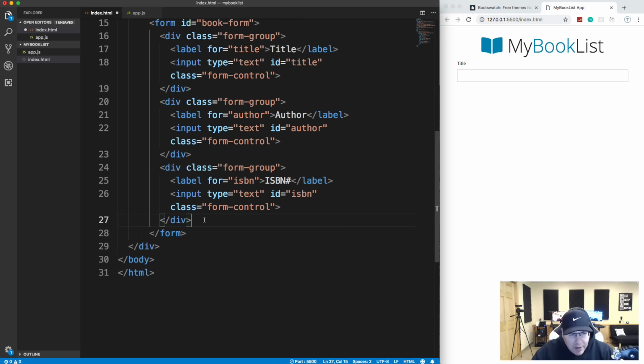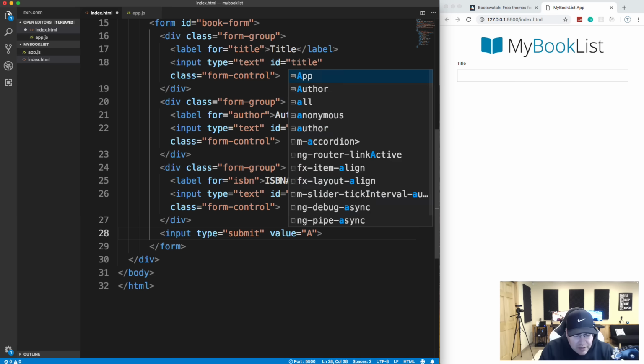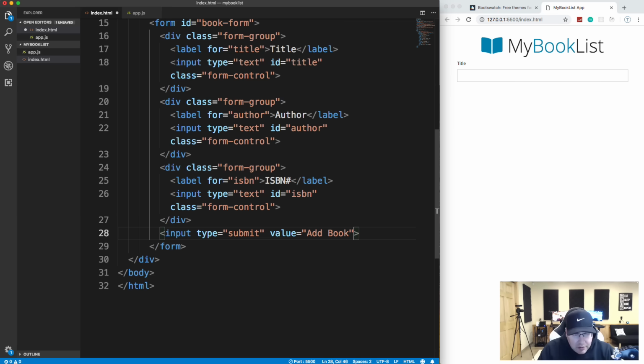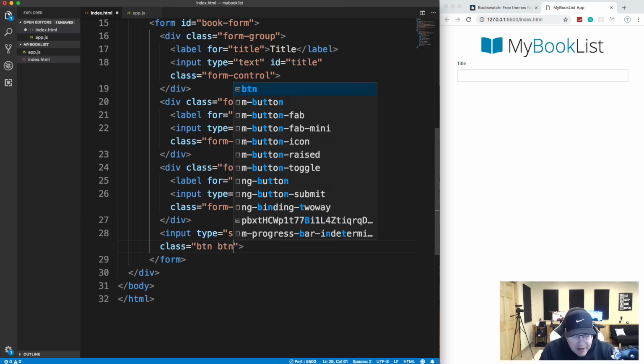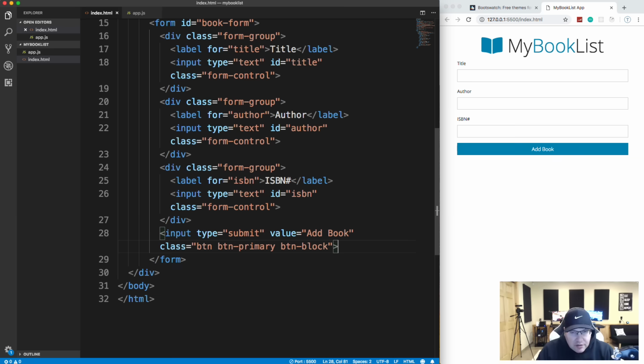Okay, and then we need our button, so under this last form group, let's say input, let's give it a type of submit. And the value we'll say Add Book, and then let's give this a couple Bootstrap classes, btn-primary and btn-block, which will make it reach all the way across, and save. There we go. So under the form here, we're going to have our table,